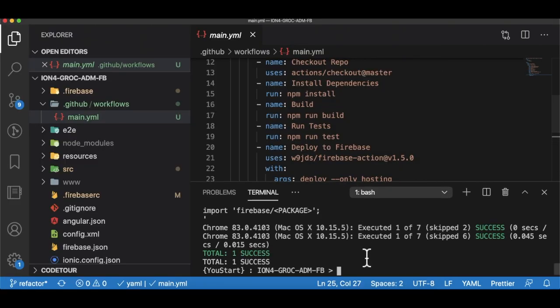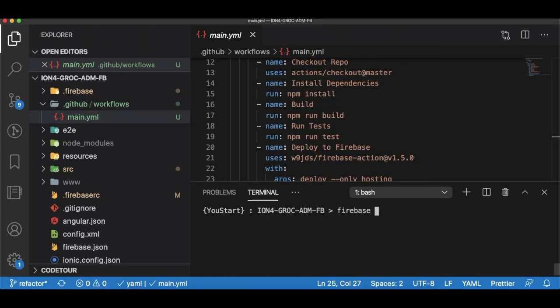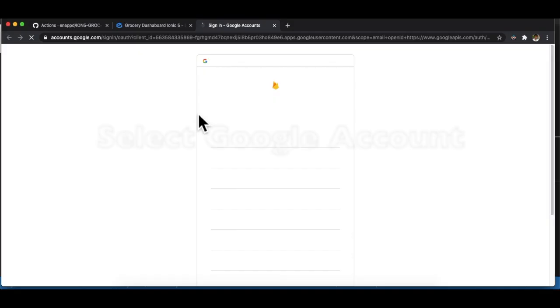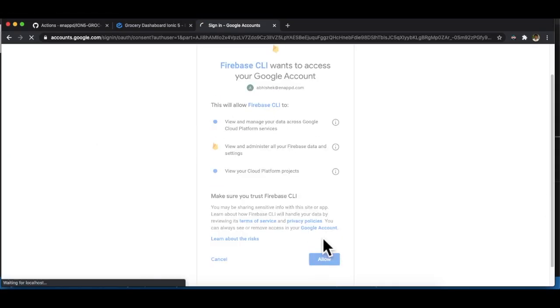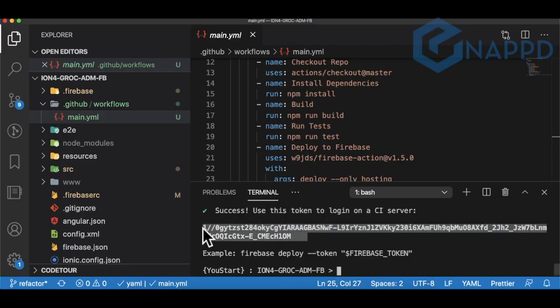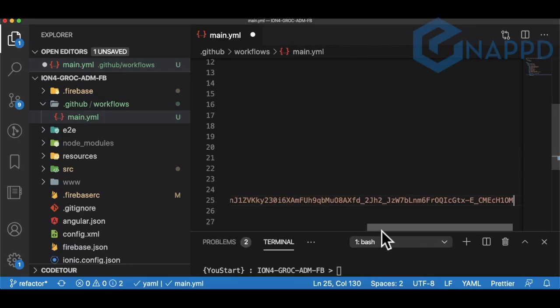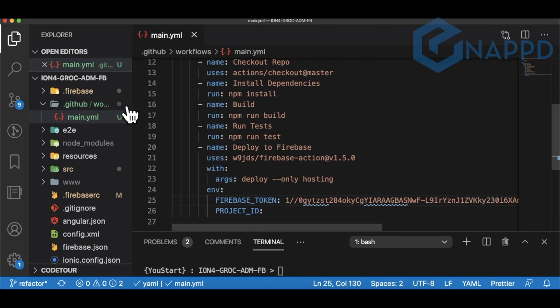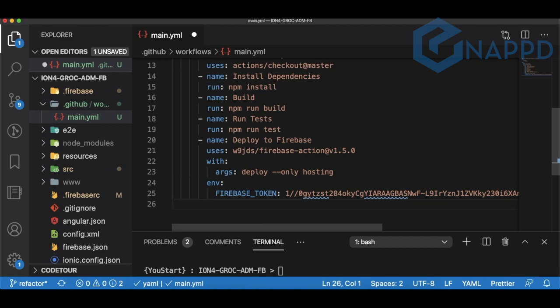So I run the firebase login:ci command, which gives me a CI token. This token is important because the CI will not use your username and password. You put this Firebase token in this Firebase action. This Firebase action link I have given below. You have to set the whole thing up. You can also set the project ID, but I don't need it here because I only have one project.